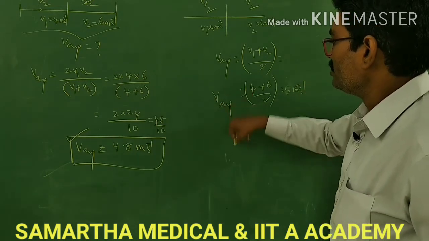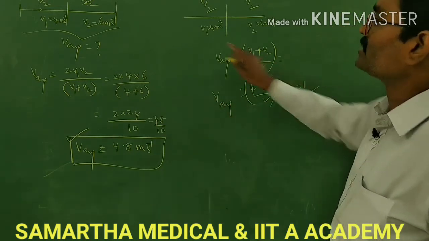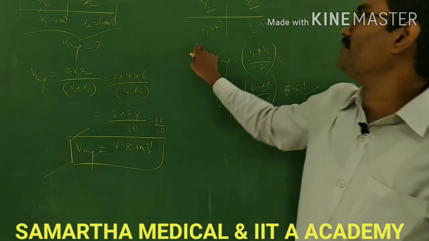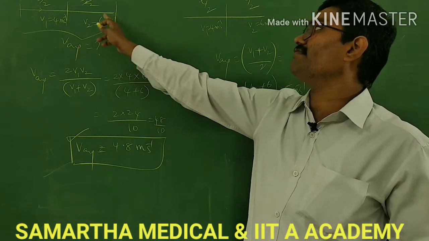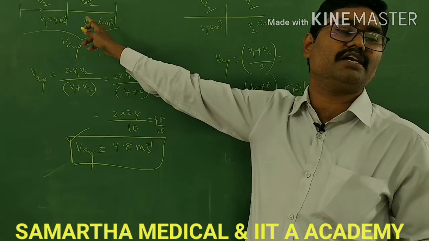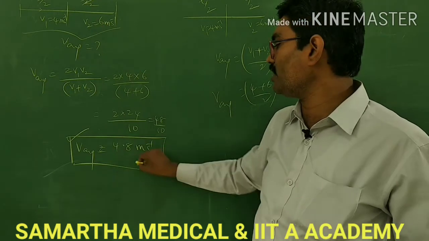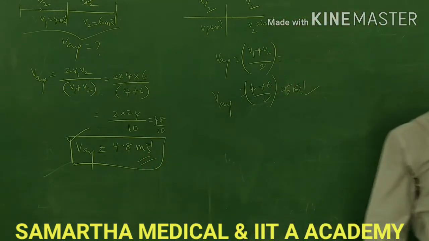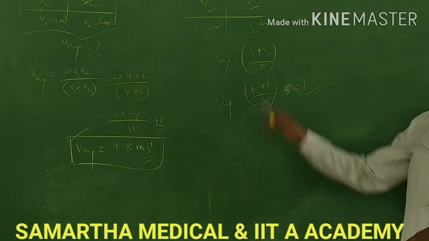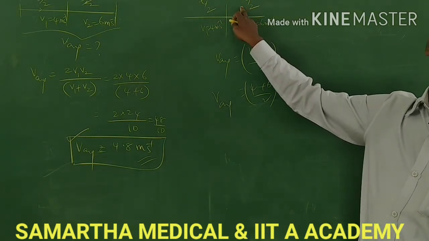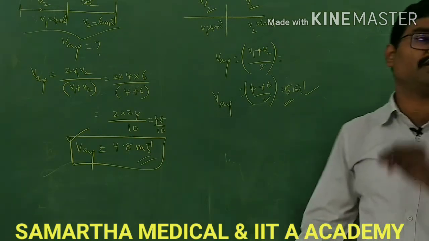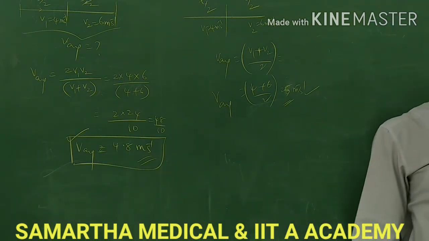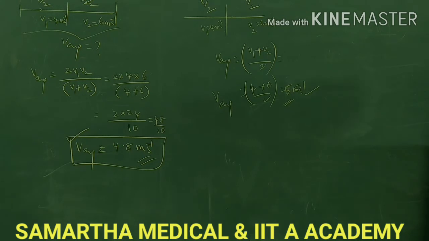See here, same values I have taken here and here. When half of the journey distance is with speed V1 and the remaining half of the journey distance with speed V2, then average speed you got 4.8 for the same numerical values. Here the case is different, times are different. You got the average speed is 5. So observe, difference is there. Both are not same. Okay, right, next.